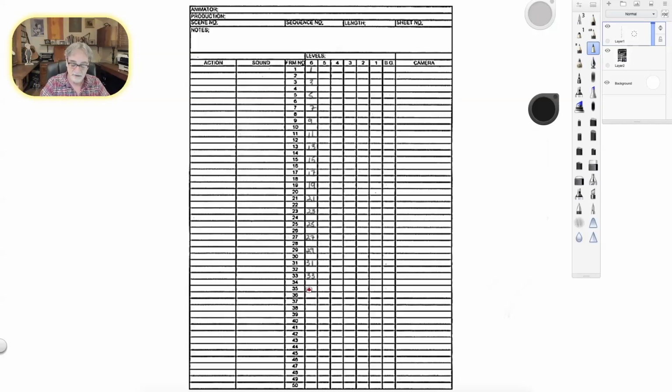Put these all down. Let me just finish this off. Okay, so I've finished all these off. We got the frame numbers over here. Yes, I could use these numbers. They correspond with the numbers I just wrote down.